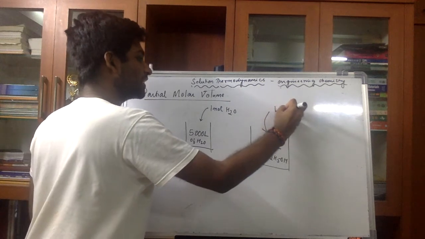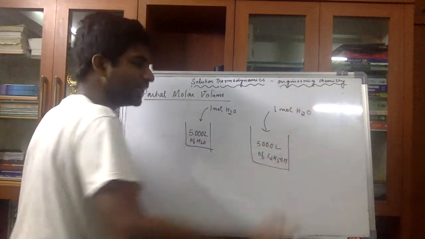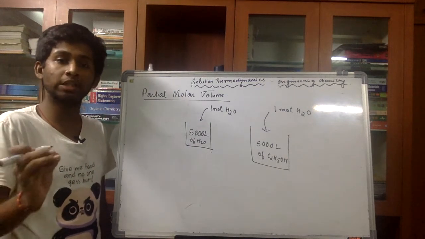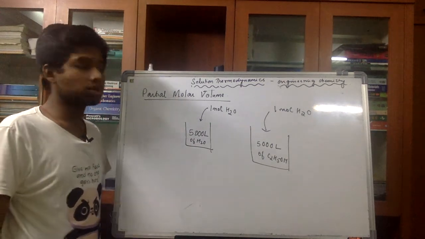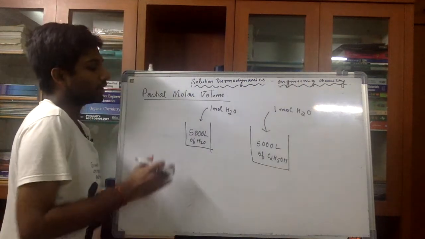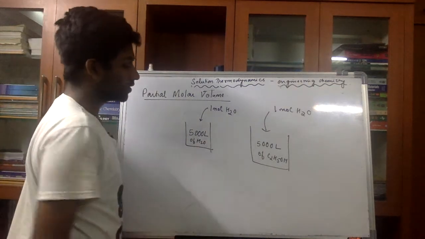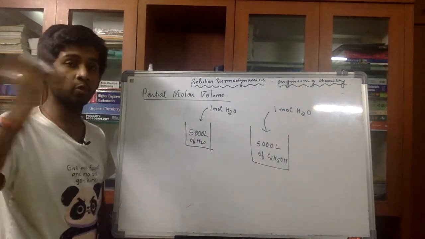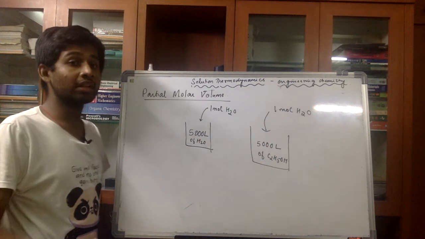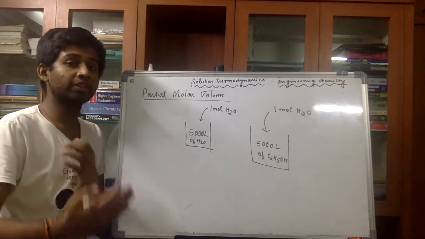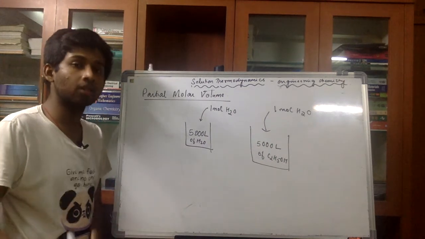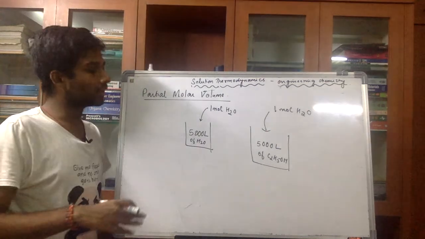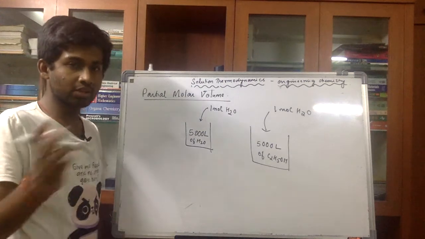I think this is a common example. In any textbook, any video, wherever you watch, you will have this experiment to explain the importance of partial molar volume. So you have 5,000 liters of water and 5,000 liters of C2H5OH, and you're adding 1 mole of water in both the cases. Now the change in the extensive property with respect to the change in the molar composition will be observed here, but there will be a slight variation as well, which we will discuss now.